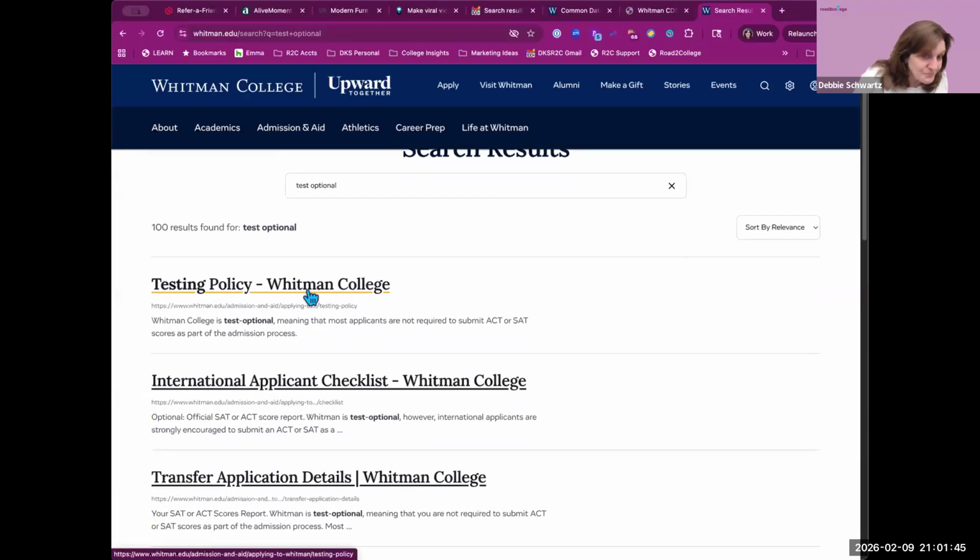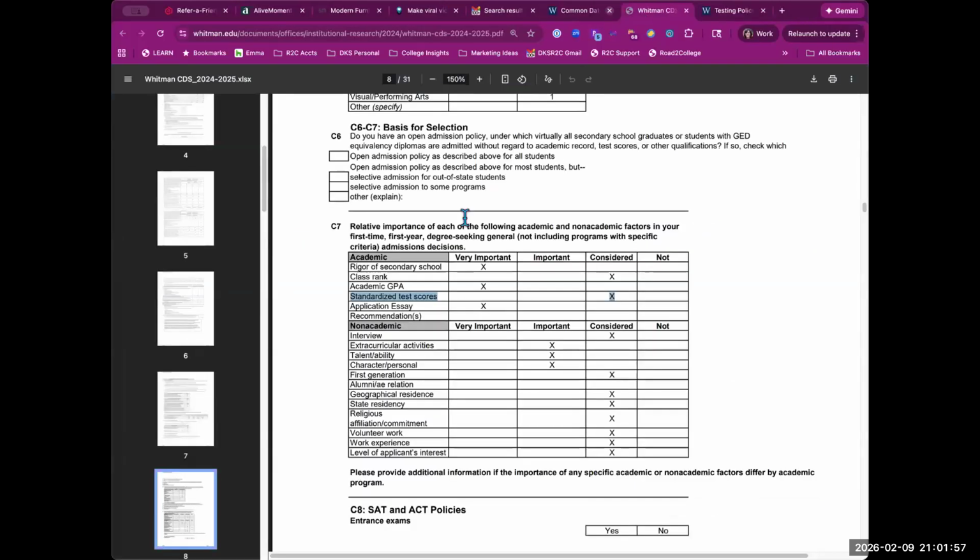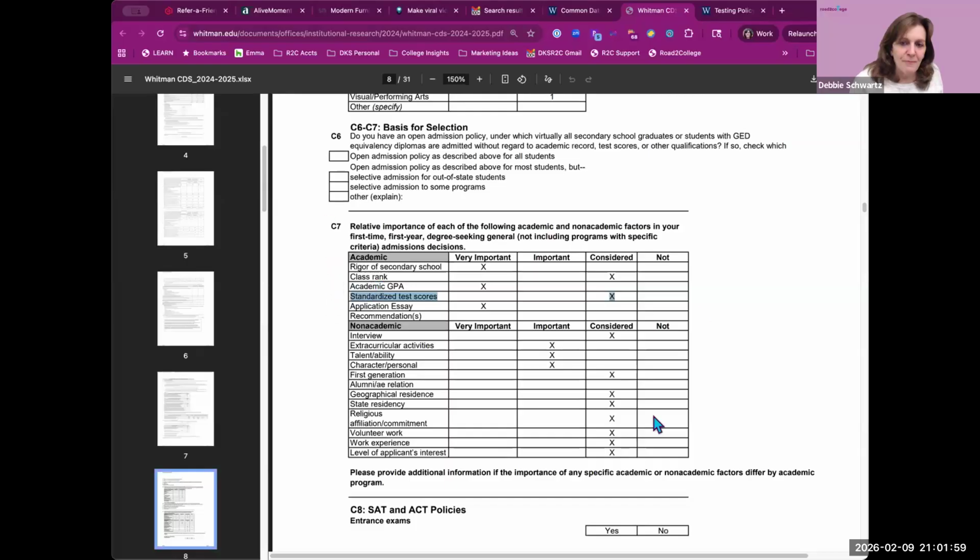Testing policy. So that's what you want to find on the college's website, their testing policy. So here is where Whitman tells you whether or not they're test optional, but what they're telling you on the common data set is if your student sends in a test score, they'll consider it,